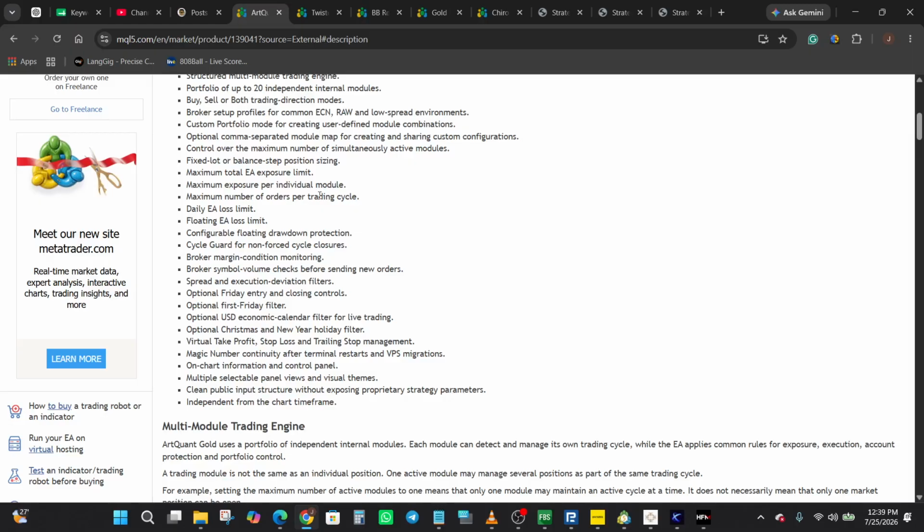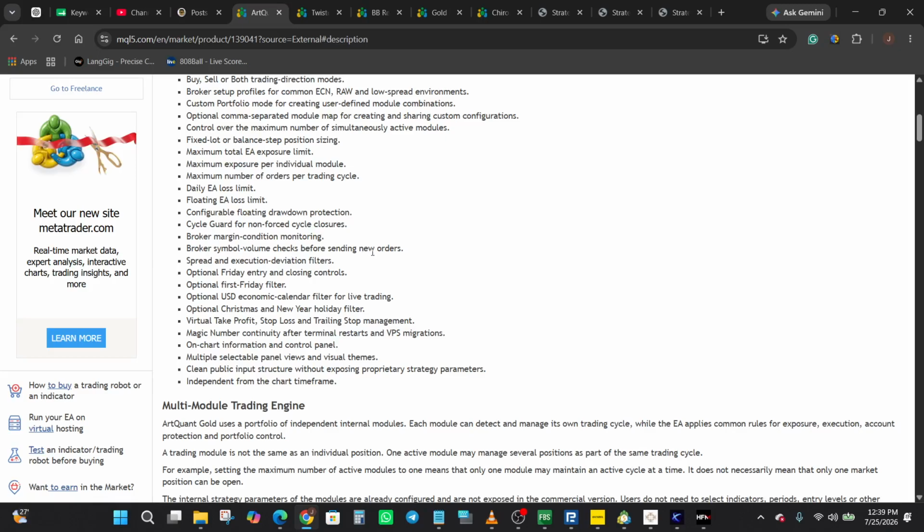All of them are designed to put a ceiling on how much the EA can commit at once. There is also account protection layered on top. You have the floating drawdown protection, a daily loss limit, a floating loss limit, and something called cycle guard, which tries to avoid closing a cycle early while it is still net negative,